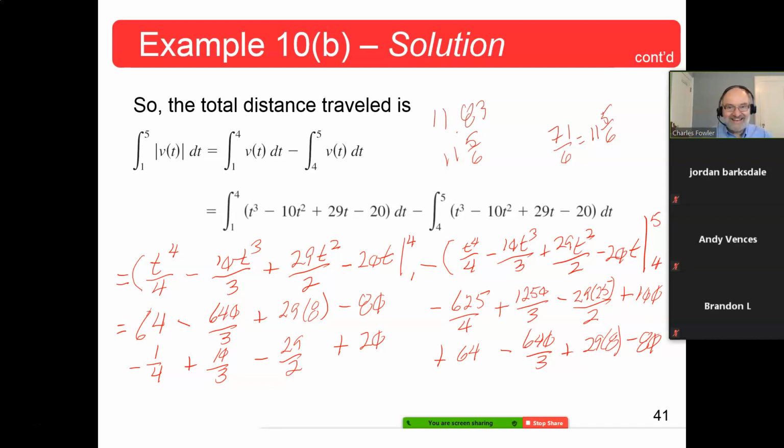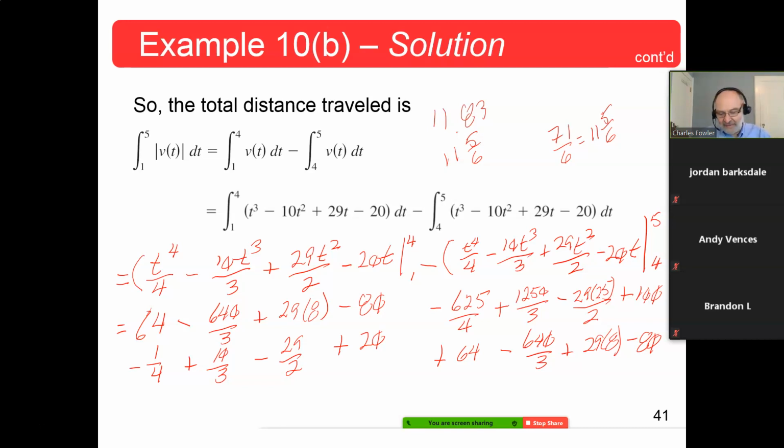So yeah, 71/6 feet. Okay, the previous one was only 10 and 2/3 feet. Now, frankly, to me, those fractions don't make sense. First time was 10 and 2/3 feet. This time's 11 and 5/6 feet. Okay, yeah, the total distance was a little bit more, and that makes sense.